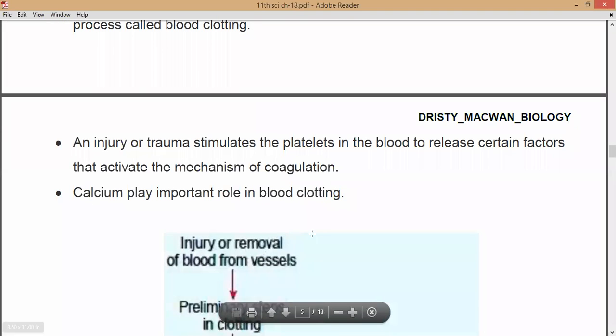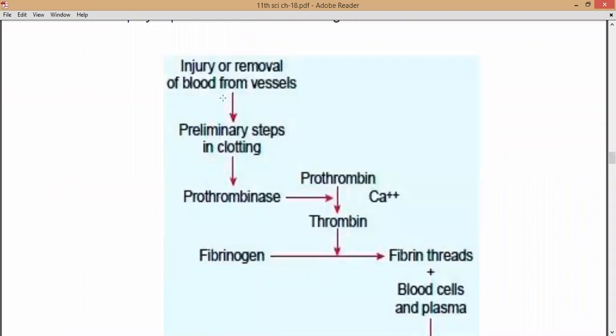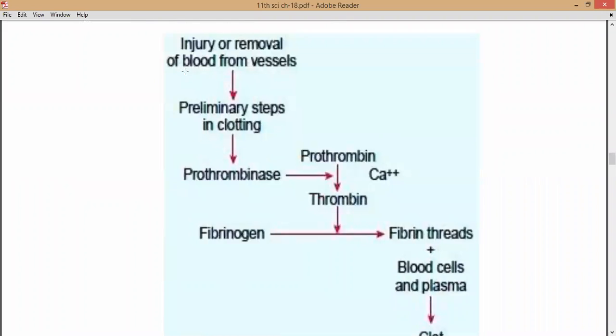Calcium plays a very important role in blood clotting, right? So let's see how important calcium is. This flowchart explains that when an injury or removal of blood from vessels takes place, several steps occur in order to clot the blood. When an injury occurs, there is the presence of prothrombin, right? In the presence of calcium ions, with the help of the